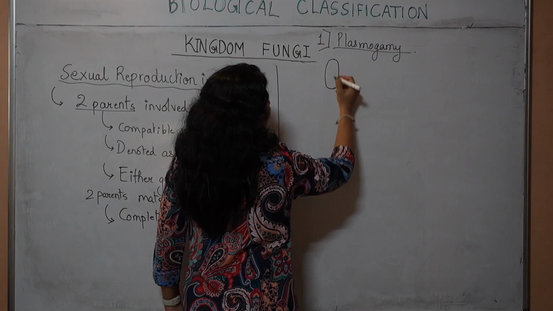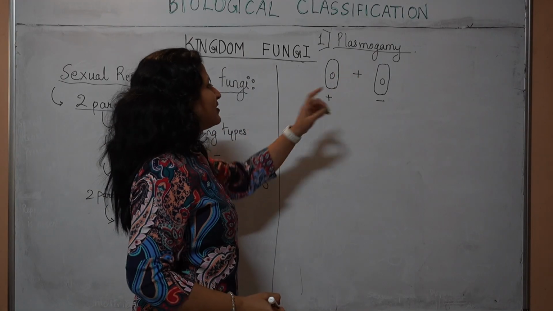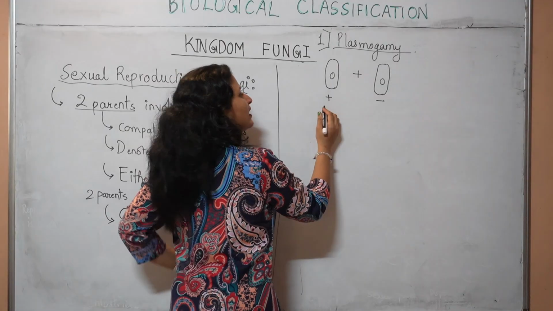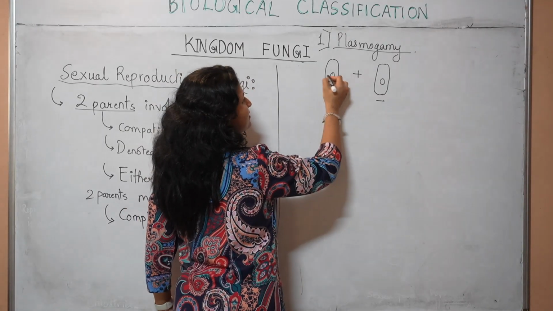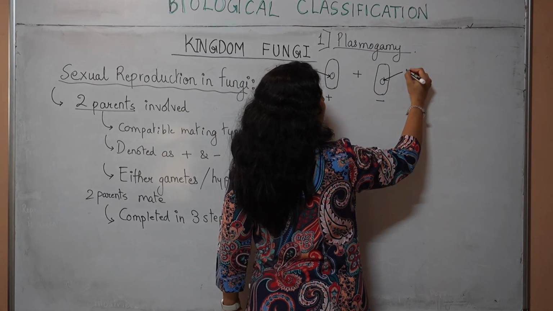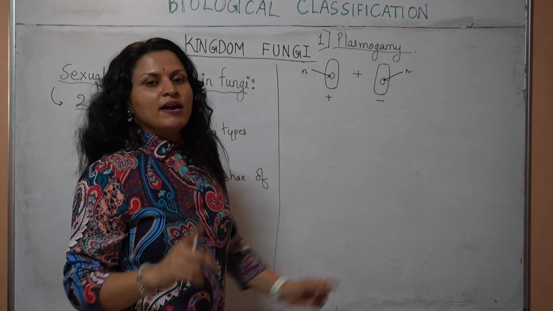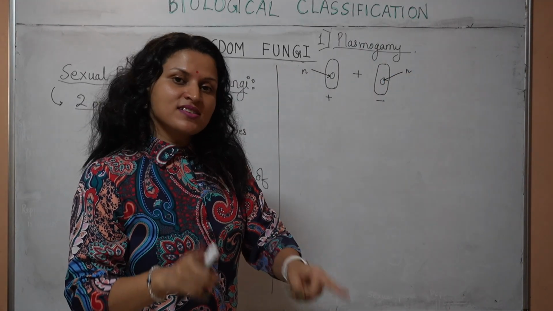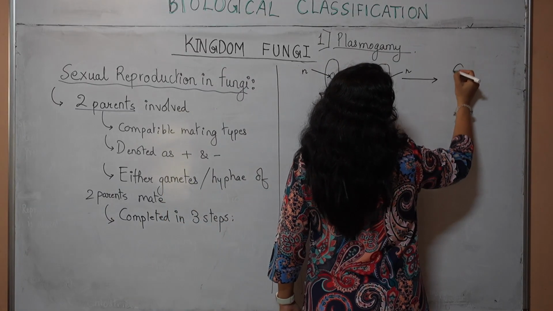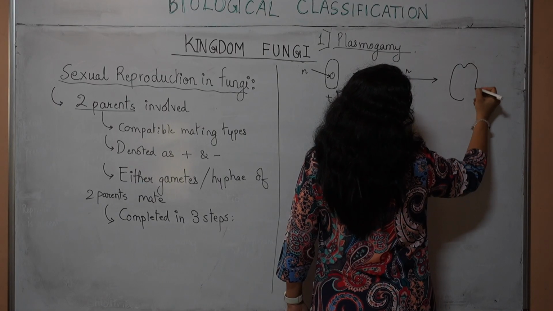What happens in plasmogamy is, let us say these are the two gametes from the two compatible mating types. They are denoted as plus and minus. As you can see, the nuclei that both of them will be having will always be haploid, never diploid. Gametes are always and always haploid. Rule. That's a law. So in this step, the two gametes are going to fuse together, and what we'll achieve